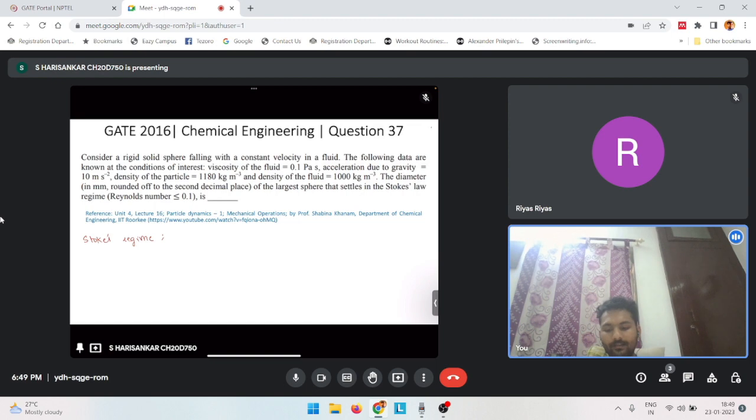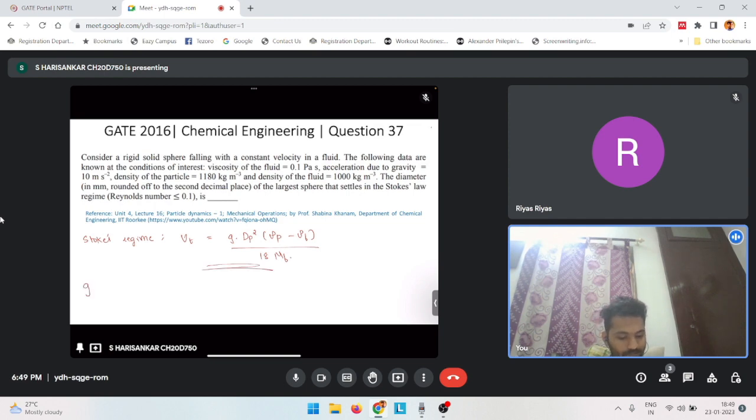So we can write the terminal settling velocity for the Stokes law regime, which is ut is equal to g dp square (rho p minus rho f) by 18 mu f,